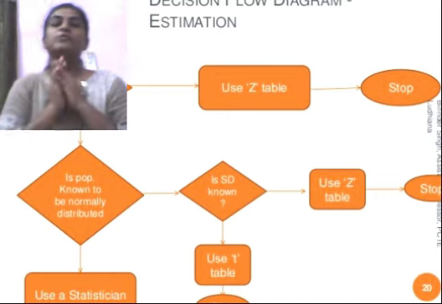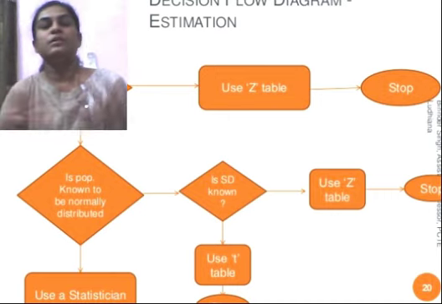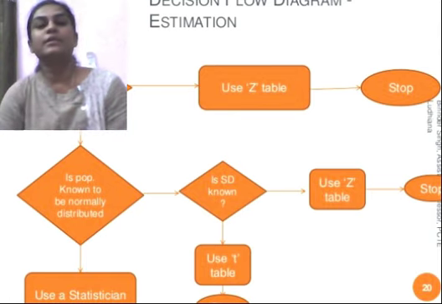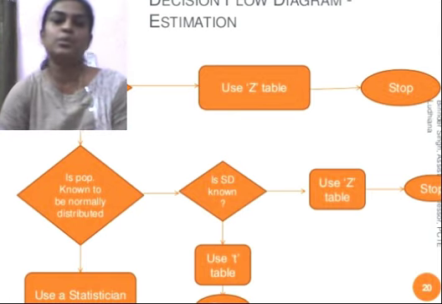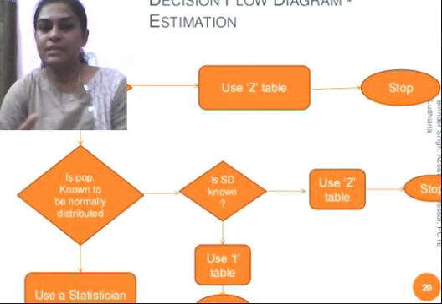Finally, I would like to tell you the decision flow diagram estimation. So these are the chi-square test analysis and ANOVA test analysis, either one-way or two-way. Here, as a business person, as a business researcher, this is how you have to take the decision.